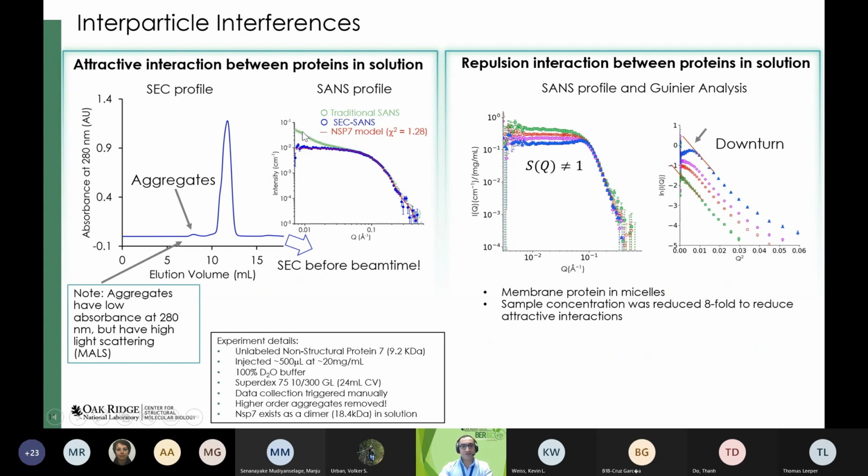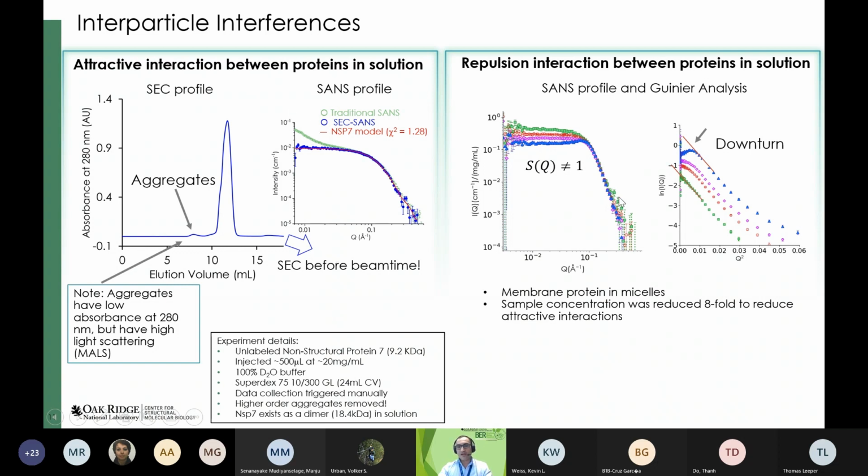So we have a very high aggregation of the sample. But we could solve this issue by doing size exclusion chromatography at the facility, which Kevin told us about, who is leading the development. And then just after the purification, we could collect a monodispersed sample. So that is an aggregation which is time dependent and